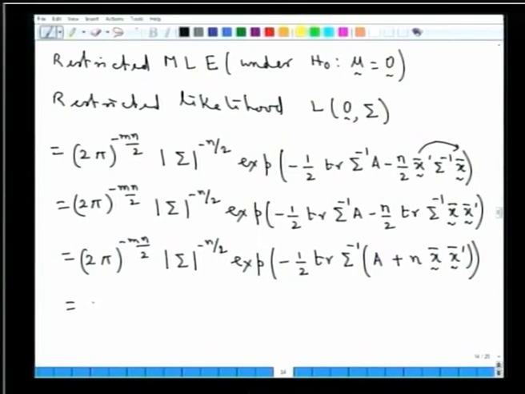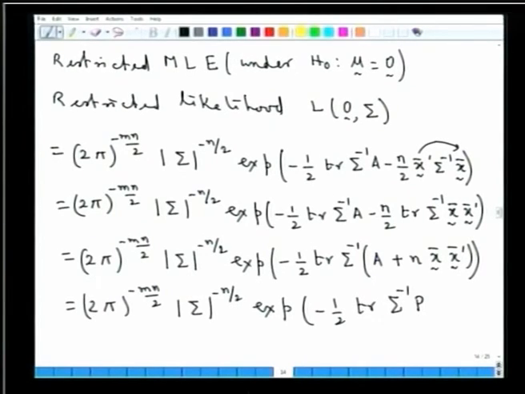We can write this as 2 pi to the power minus mn by 2, determinant of sigma to the power minus n by 2, and e to the power minus half trace of sigma inverse of a matrix, say, which is equal to B, where B is nothing but the matrix given by A plus n times x bar